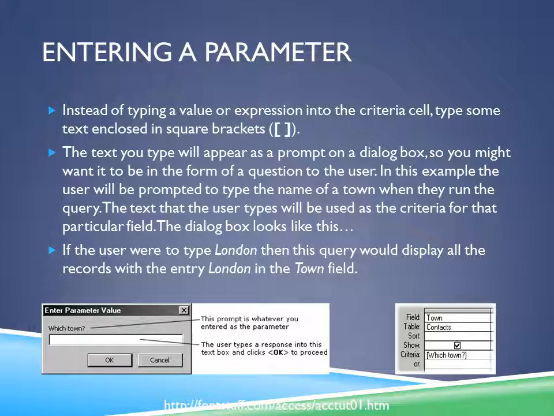These are square brackets. The text you type will appear as a prompt on a dialog box, so you might want it to be in the form of a question to the user. So in this example below, the user would be prompted to type the name of the town when they run the query, and the text the user types in will be used as the criteria for that specific field, so the dialog box looks like this as below, as you can see in the picture. And if the user were to type in Paris, then this